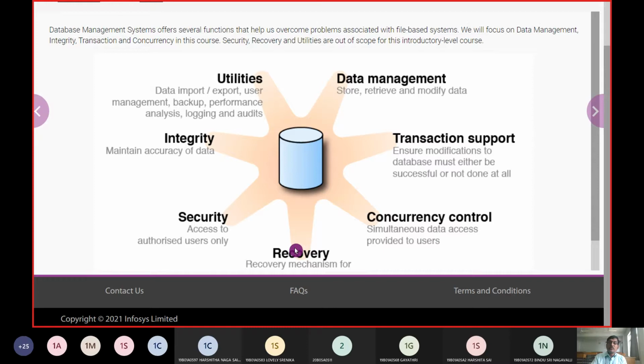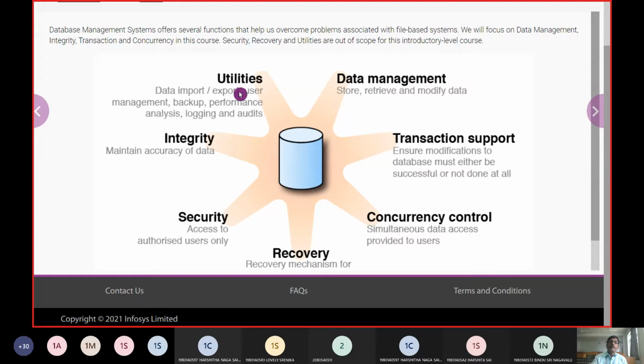And if a crash happens, using the ACID properties and the ARIES algorithm, the database management system will recover the data. Followed by security, it creates users, and users have an access matrix to prevent read or write, read-write, exclusive. All types of things are taken up with this security. And in data integrity, it maintains perfect and accurate data. At any point of time, only one version of the data exists.